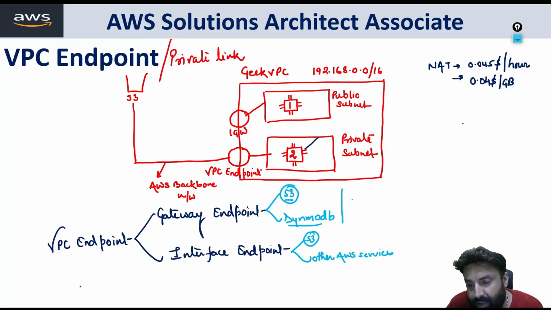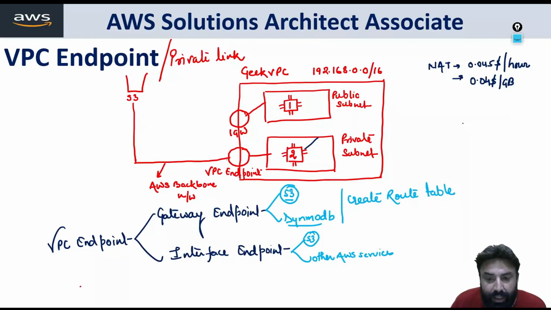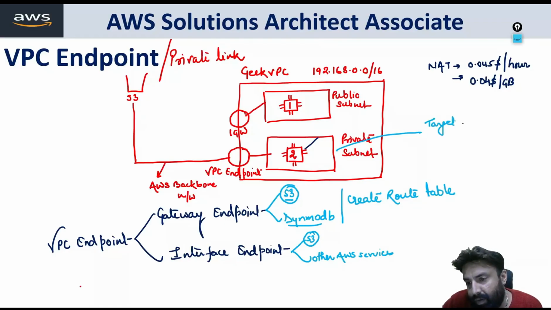Gateway endpoint, what it does, it creates a route table. Whenever we are connecting to S3 or DynamoDB, it creates a proper route table entry. So now this subnet will have a route table. Let me draw a route table. One destination, one target. One entry will be local, and